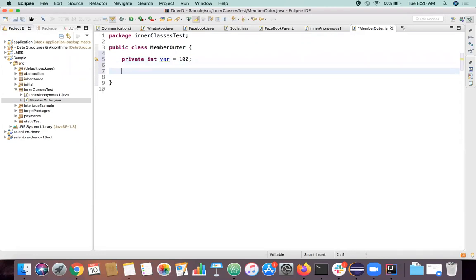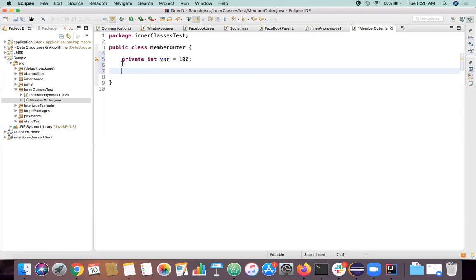So member inner classes are something which is not declared inside any particular method. So we have an outer class here, and this particular variable declaration only here. What I'm going to do is declare a class itself here.